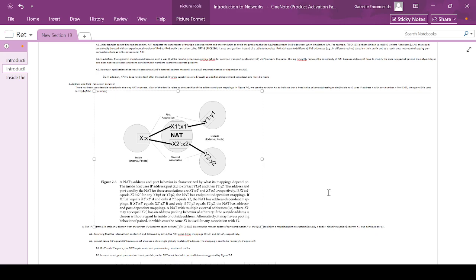A NAT with multiple external addresses, i.e. where X1' may not equal X2', has an address pooling behavior of arbitrary if the outside address is chosen without regard to inside or outside address. Alternatively, it may have a pooling behavior of paired, in which case the same capital X1' is used for any association with Y1. So in figure 7.5, we use the notation